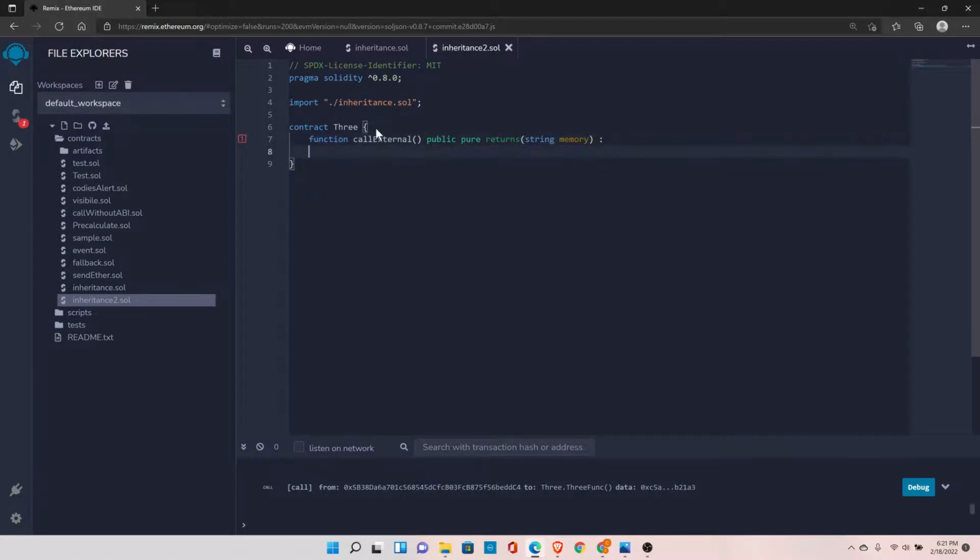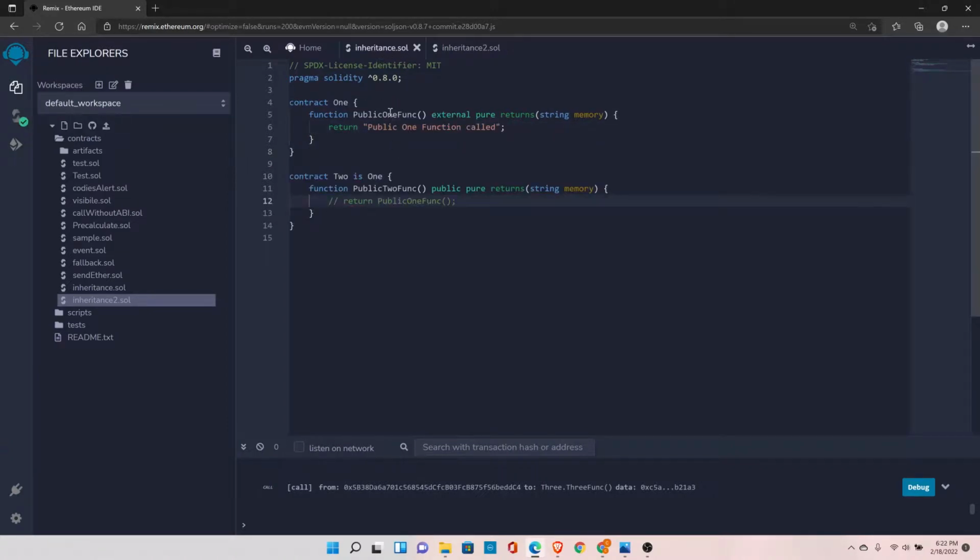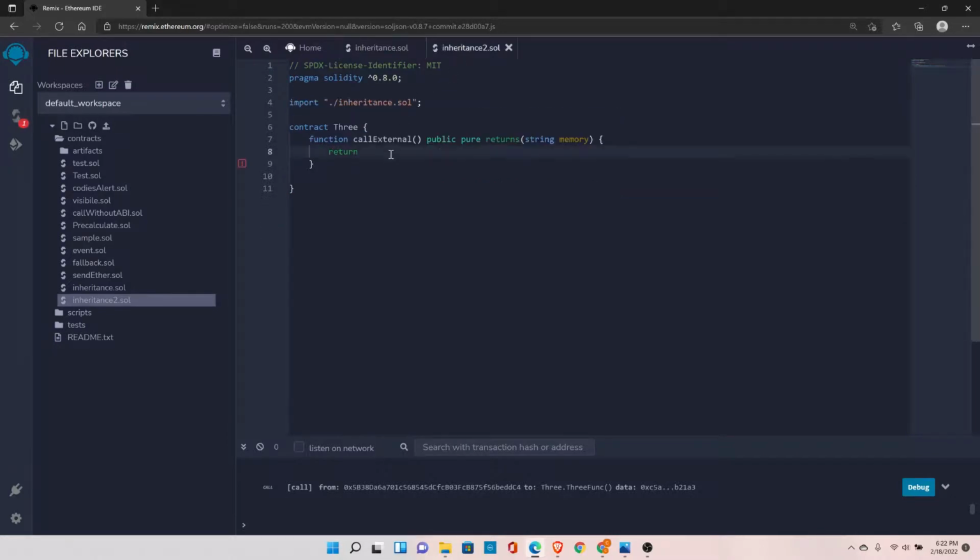And now we can call the function here to do return. And what was the function name? So this is the name. So we cannot straight away call this function. We have to do one more step. So now you still see this error. It is saying it is undeclared because we have not stated from where we want to call the function. So we have to create the contract instance where this function is available. So let's do one, and let's say the contract address,